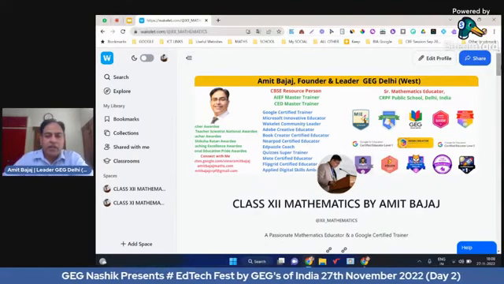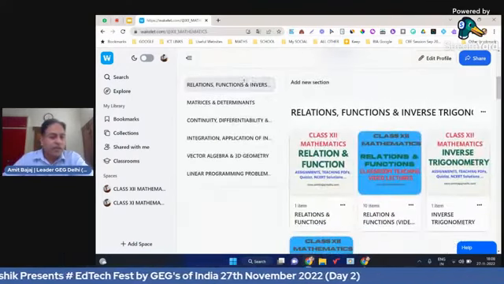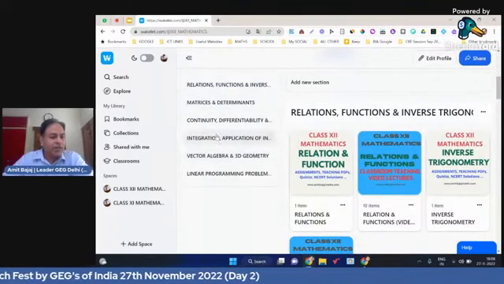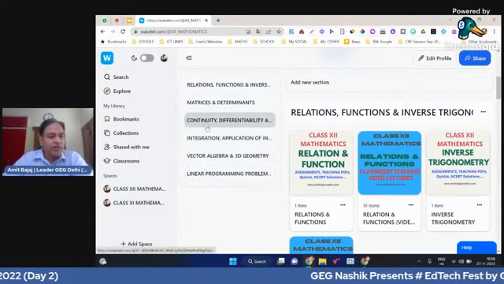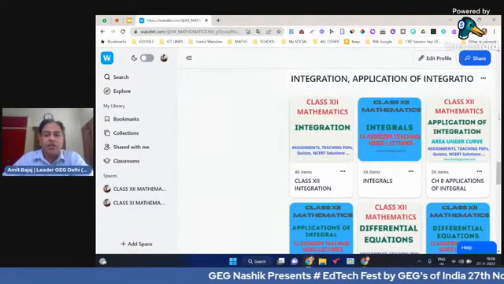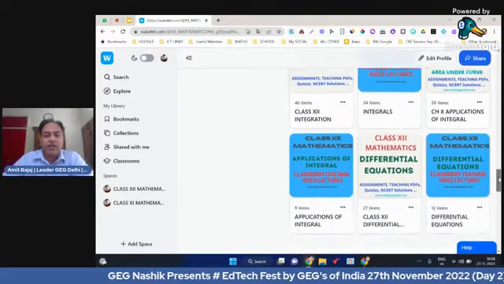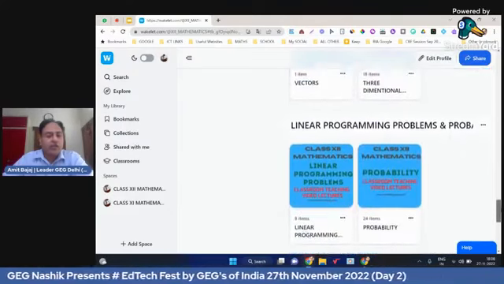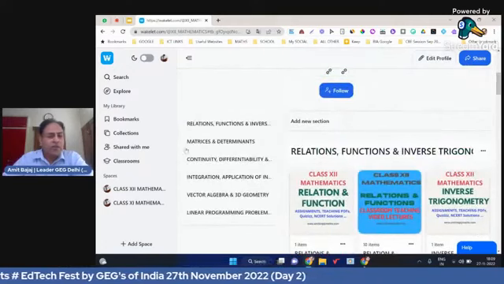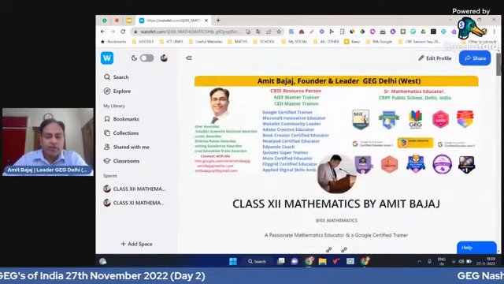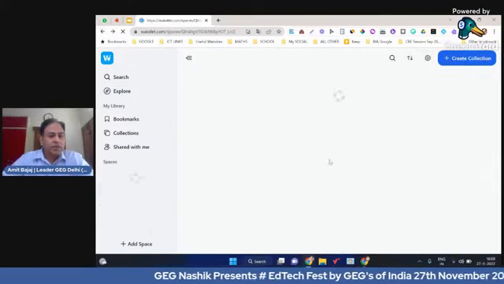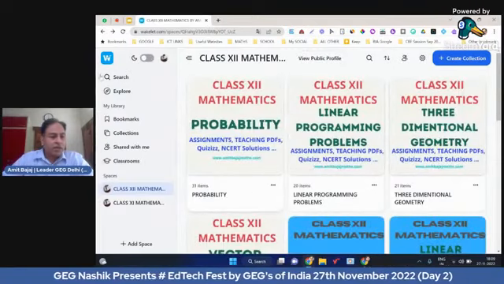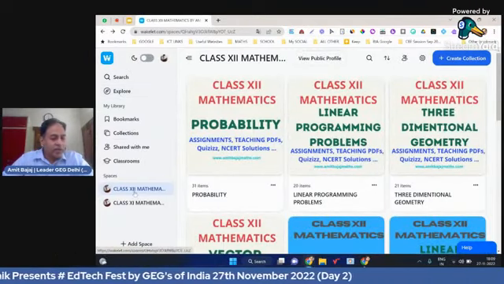Once a person clicks on it, they will go through all the content. On the left hand side, there is a navigation panel which I have created. This is only possible when I create some specific space. So let's say integration, applications of derivatives, etc. All related stuff is available over here. So that can also be done over space. Let me go back and show you another very